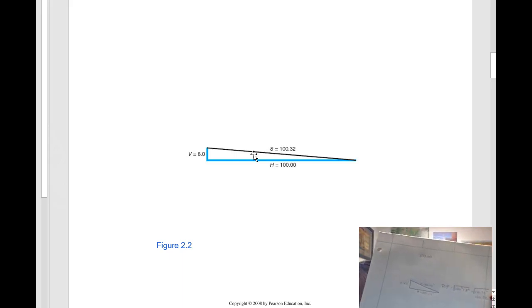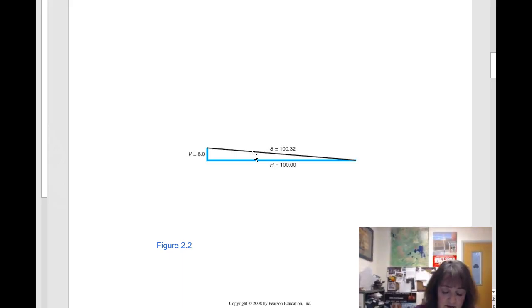So this would be a real life surveying calculation. In other words, you can use trigonometry to find other sides or other measurements. You could also find the angle, couldn't you? You could find the angle at the vertex of H and S by using trig. You know, for example, that